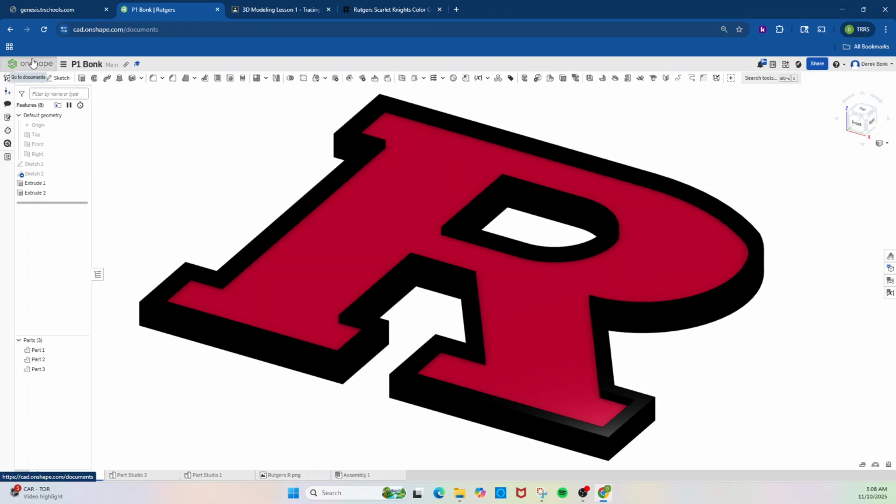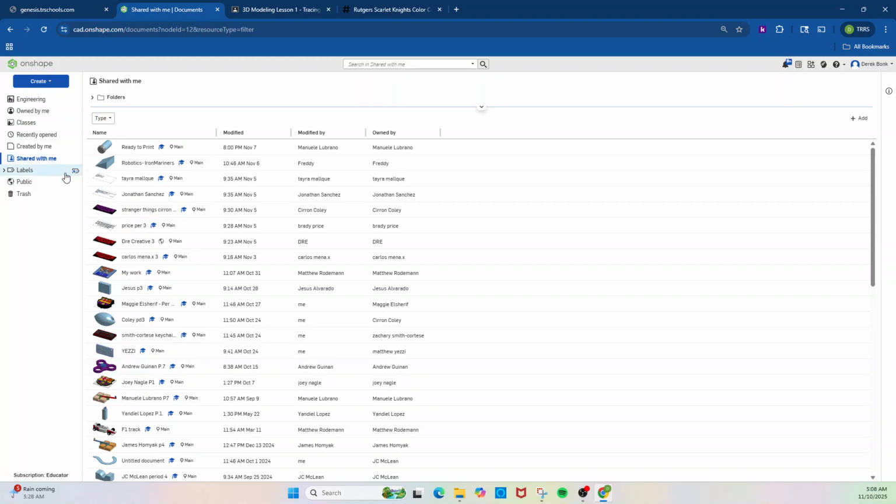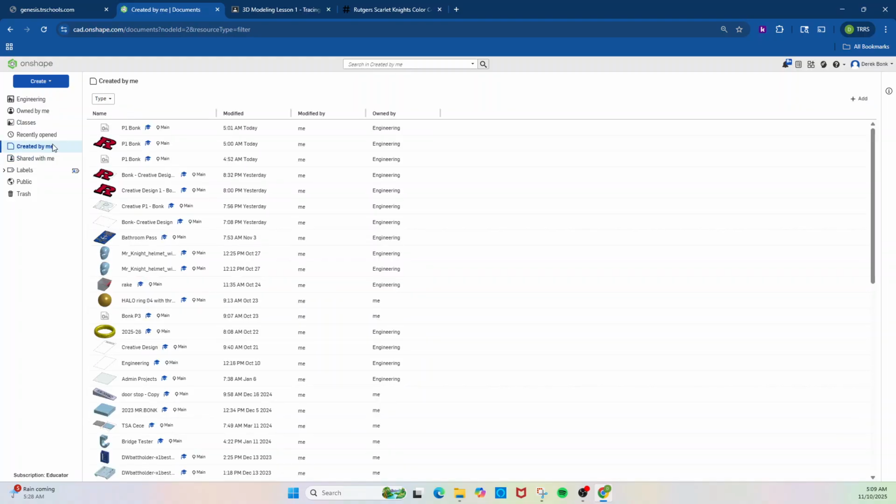Just so you can see this, there's this menu here, shared with me, and this is everybody's stuff that's sharing things with me. Like, this is an old student who's looking for me to print something that he designed, which I'll always do for people if they want to keep working on things down the road, which is fun. I mean, I got students that ask me to print stuff all the time, and I'm more than happy to. So you'll have these things shared with me, and you can go to owned by me or created by me to get to your file